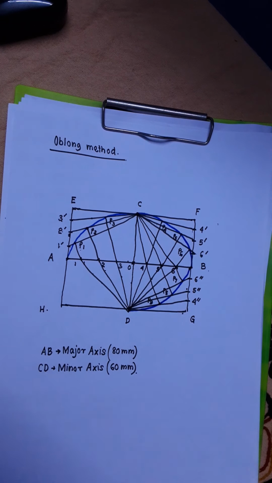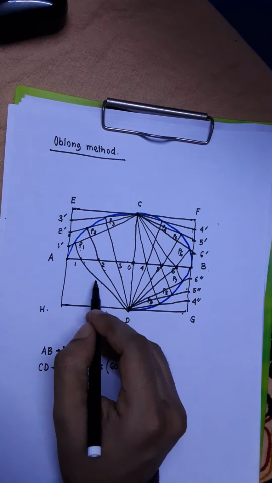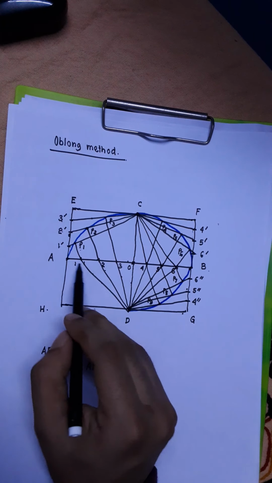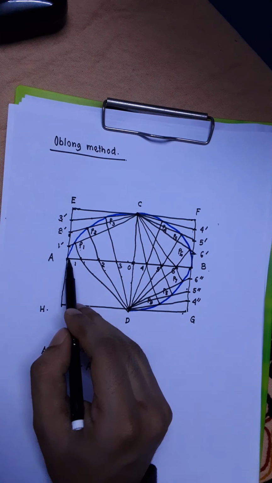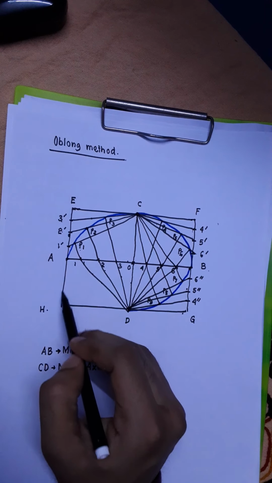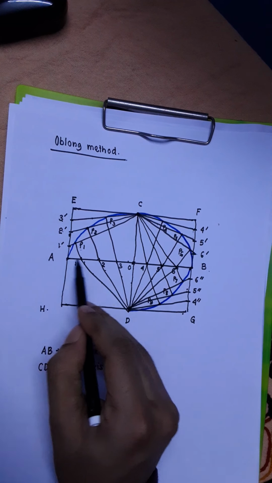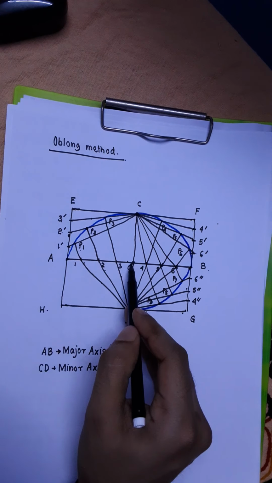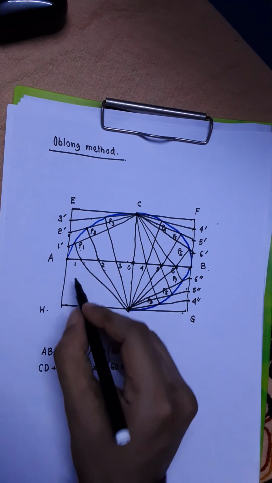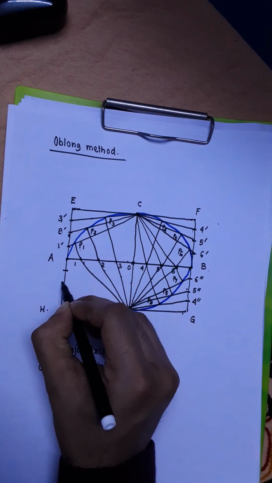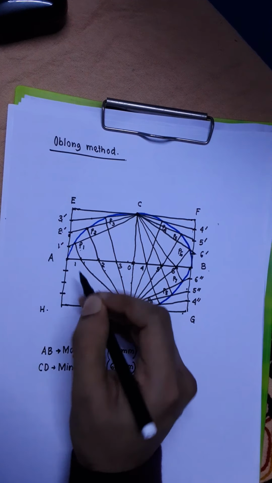And the remaining quarter can be obtained by repeating the construction once more in the remaining quadrant, that is in this quadrant. So when you are going to do the construction in this quadrant, you have to divide this side and this side into the same number of equal parts. This side is already divided into 4 equal parts, so this side you divide into 4 equal parts. 1, 2, 3 and 4.